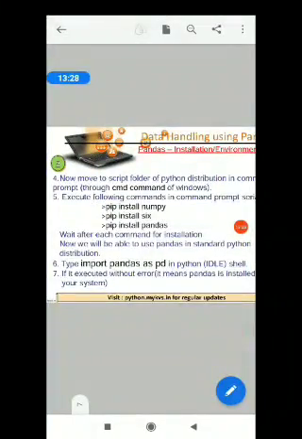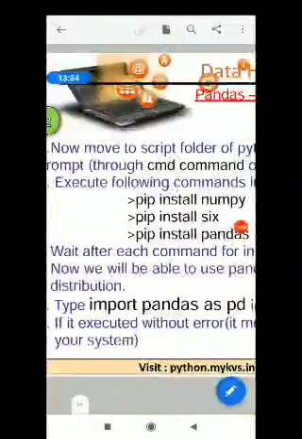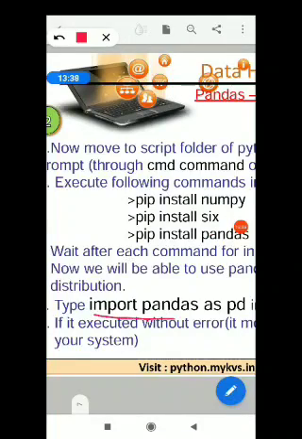And after successful installation, you may check whether the libraries are there in your machine or not by providing the command in the command line prompt or the program, import pandas as pd or import numpy simply.